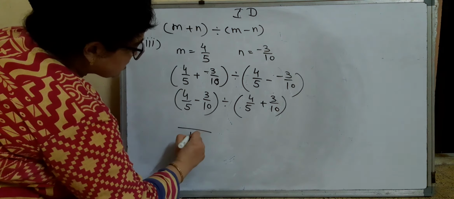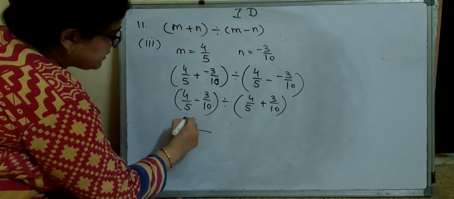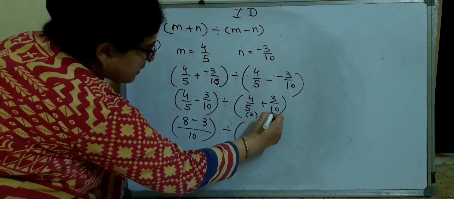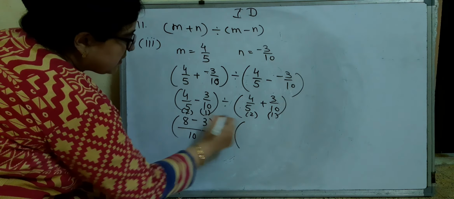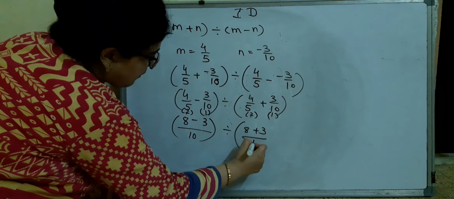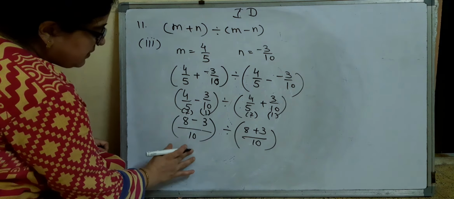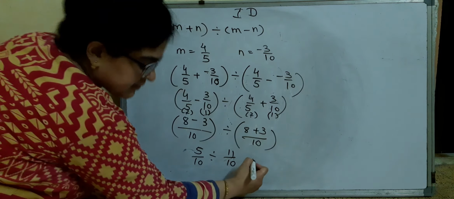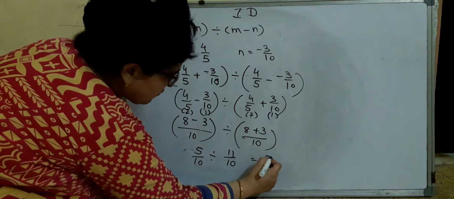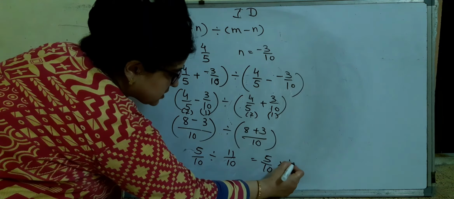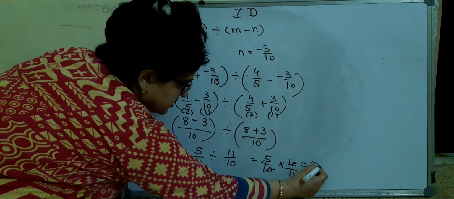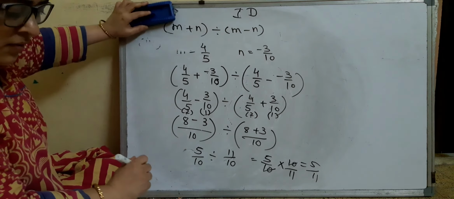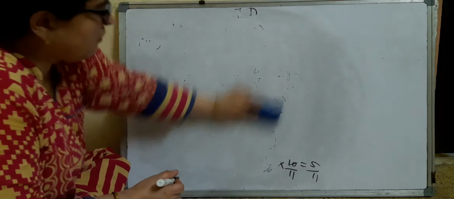Now LCM is 10. 2 4s are 8 minus 3, and here 2 4s are 8 plus 3 upon 10. 5/10 divided by 11/10. Then 5/10, reciprocal of 11/10 is 10/11. 5/11 is the answer. Now 11th question completed. Now move on to